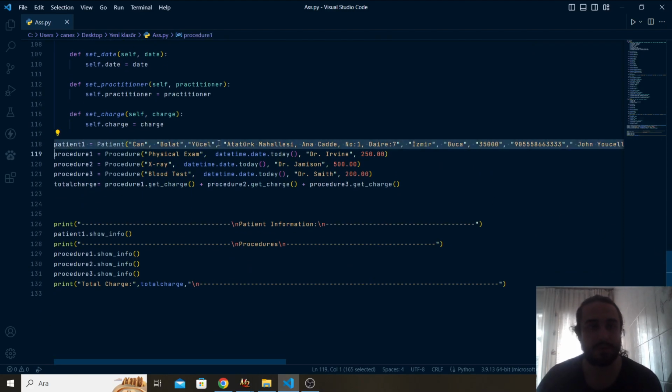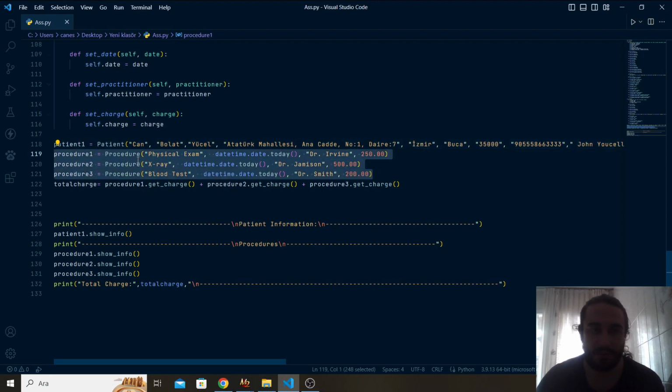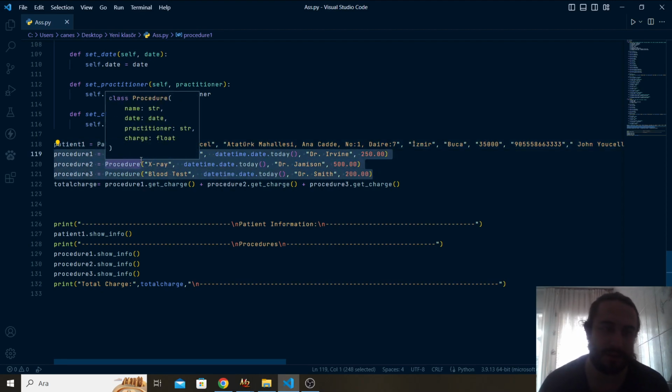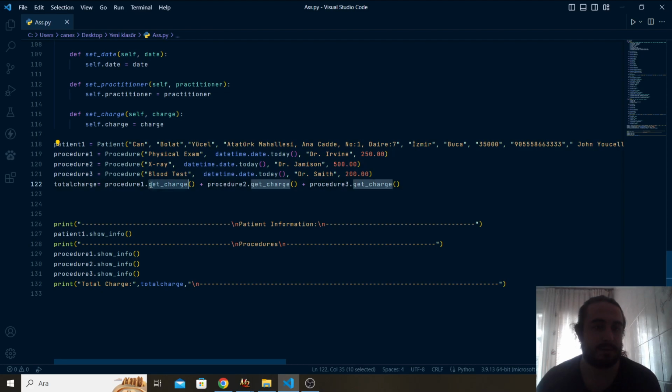So you want us to create an object in patient class with sample information, and those are my sample, and the other 3 were to create 3 procedures that you gave us as a sample. And this is to calculate total charge, which is